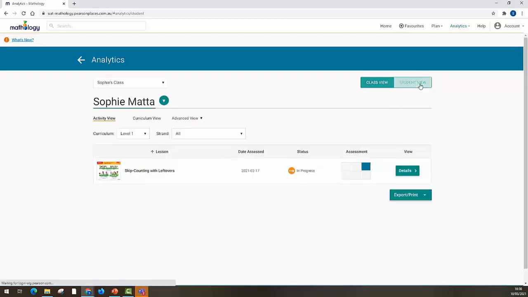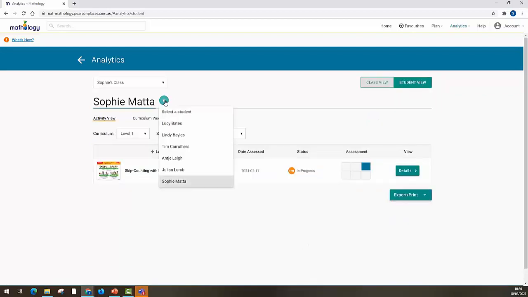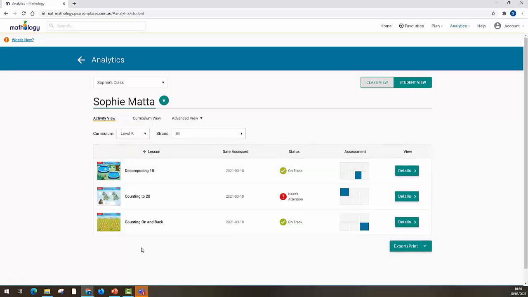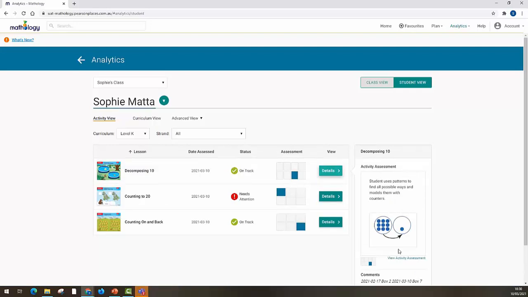So if we go to the student view, the first thing to do is to select a student. I'll stick with Sophie, but I'll look at her level K. Now here you'll see that we get a detail for just that student on the activities that have been assessed. You'll see the date they were assessed, the status for that particular student, where the student is sitting on the learning progression, and then you can again go back to the details of the assessment,